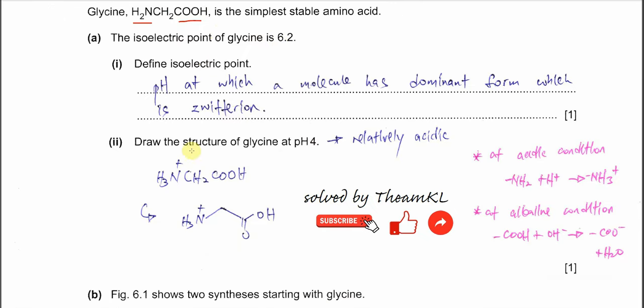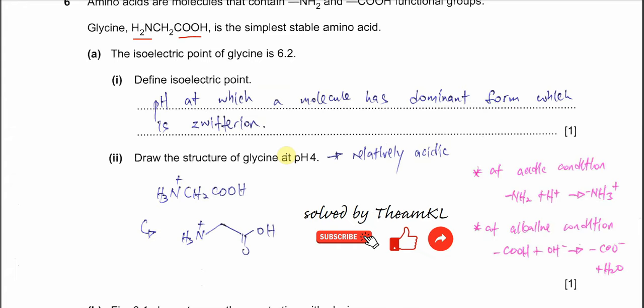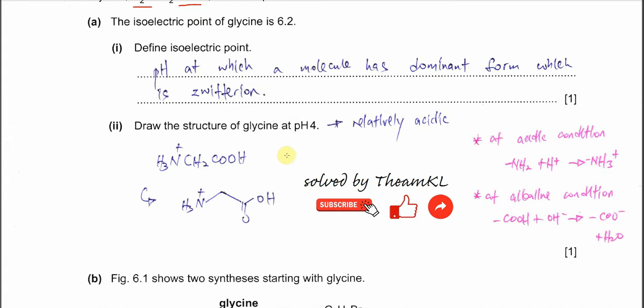Part 2. Draw the structure of glycine at pH 4. Already given, the isoelectric point of glycine is 6.2. pH 4 is relatively acidic compared to the isoelectric point. Again, this one I already explained in the previous videos. Okay, for this